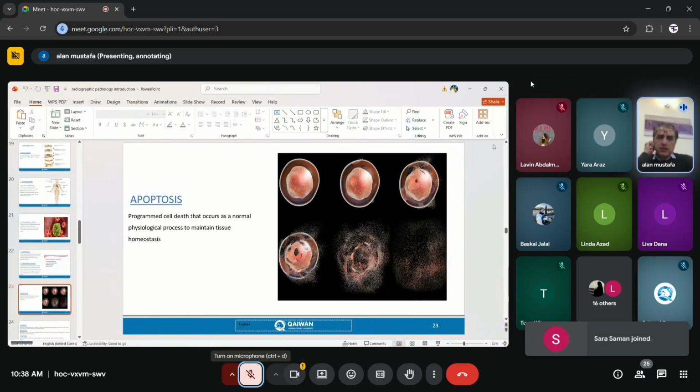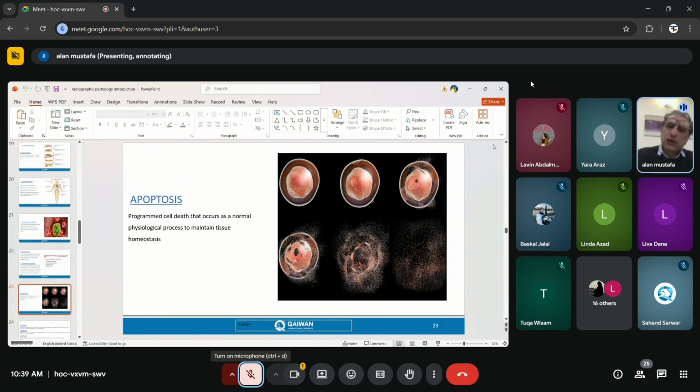Okay, then we have something called apoptosis. Yesterday I had a lecture with another group, I think it was pathophysiology in optometry, and I mentioned this apoptosis for them. This is a very important thing. For some reason, they like this word, and it comes up in the exam a lot of times. So apoptosis is something physiological. It's not pathological.